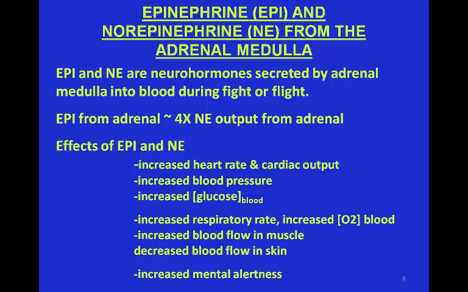As I mentioned a moment ago, the brain blood flow increases, the myocardial blood flow increases, as well as skeletal muscle. So the decreased blood flow in the skin may not make a lot of sense, but if you think about it, it can actually make sense, and here's why. Because we just talked about increasing blood flow to three main areas: skeletal muscle, heart muscle, and the brain. If you're going to increase blood flow to certain areas, you're going to have to decrease it in other areas because there's only so much blood to go around in the body.